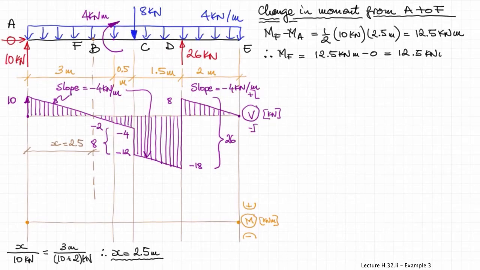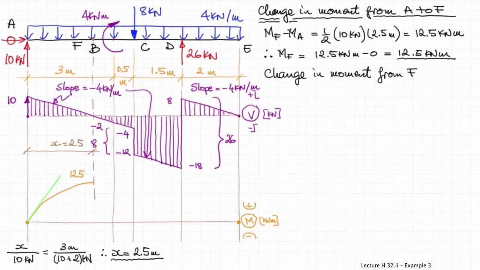The value at F of the bending moment is 12.5 kilonewton meters, so this would be the shape of the bending moment diagram with the positive slope shown in green at A, and then the positive slope decreases to 0 at F because the shear force at F is 0. Now we keep on calculating the moment,